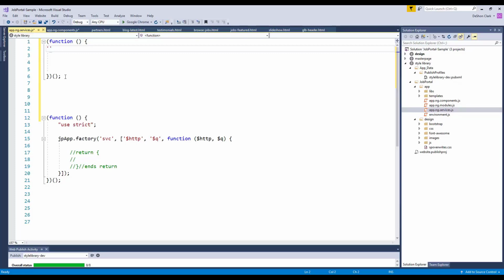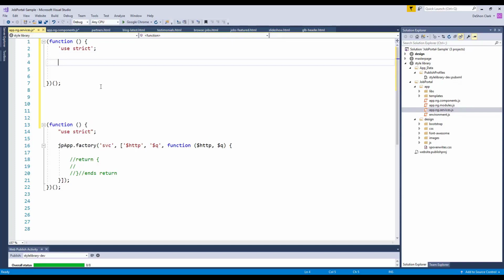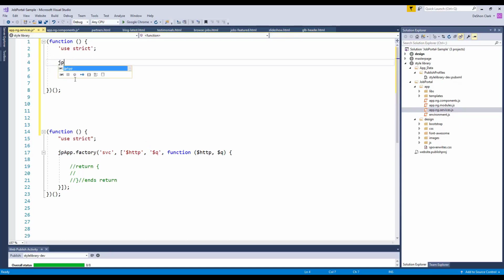The first thing we want to do is turn on strict mode. This is just going to protect us as we develop. It's going to catch any known issues during runtime, so that we catch them during the development phase and not be scratching our head when something comes up in the future. And what we have to do, if you recall, this JP app is just a global variable within our app